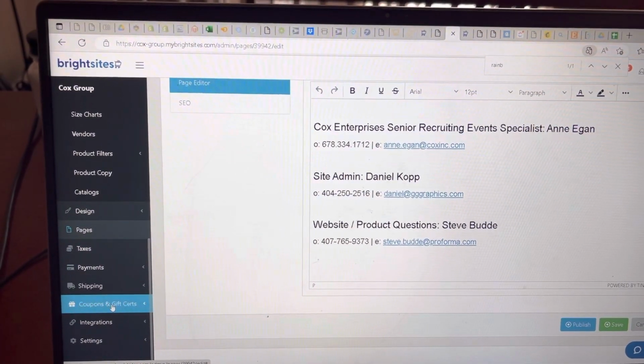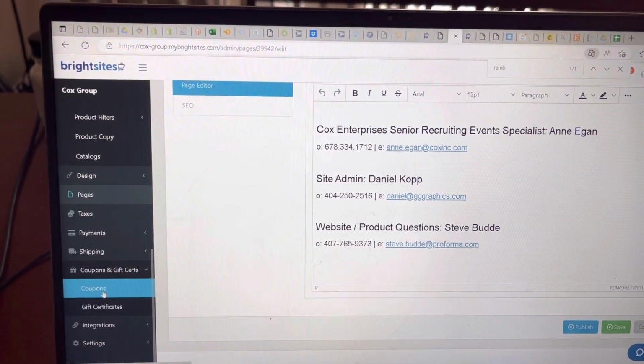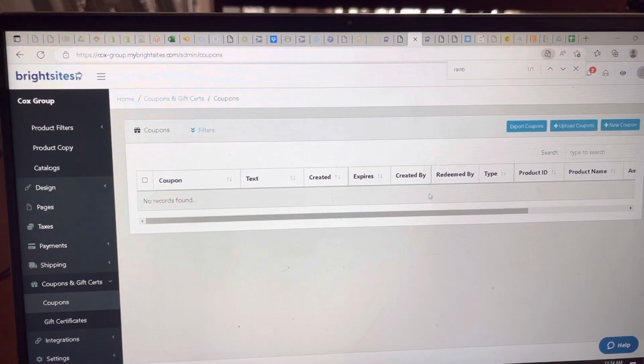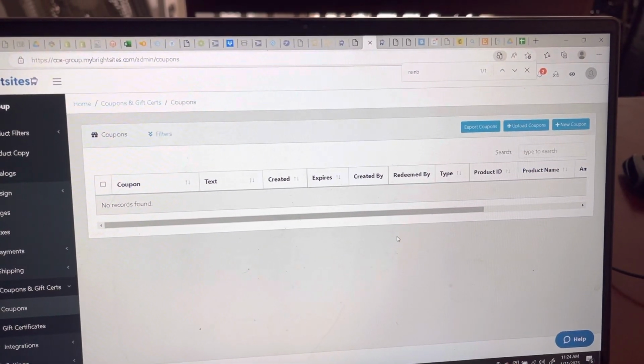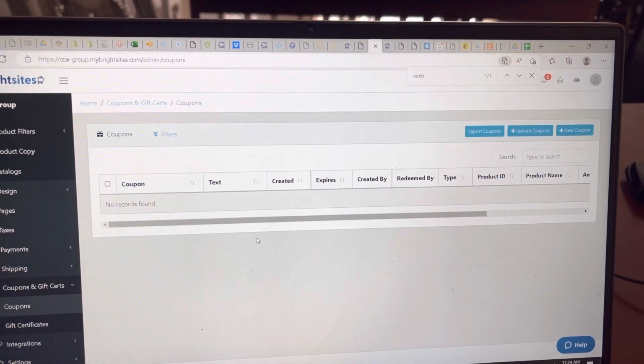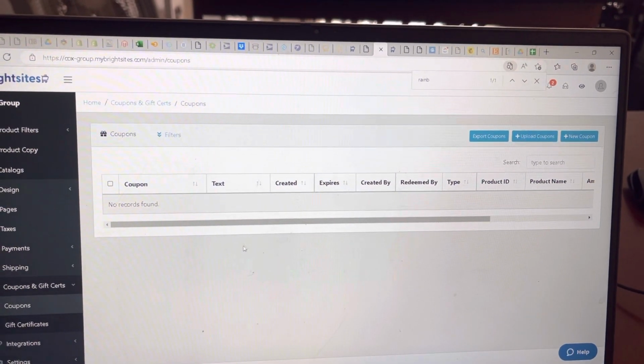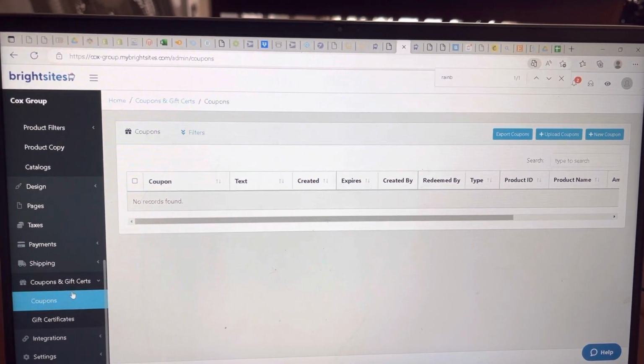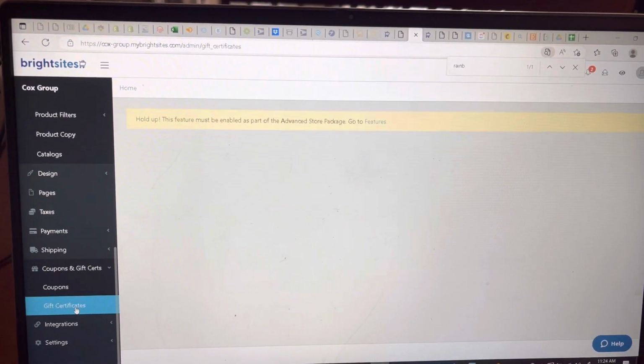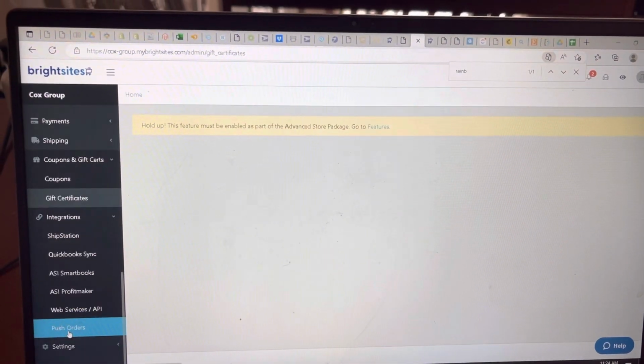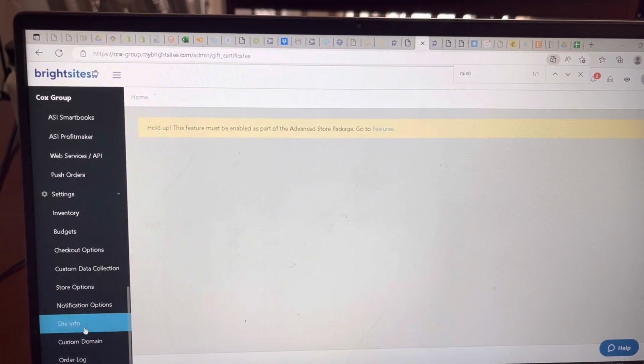Taxes, you can kind of leave that alone. Coupons, if we have a coupon, you can go in here, add a coupon, type out whatever name you want it to be, and then however you want it to behave, either taking off a percentage or a certain dollar amount. Gift certificates basically act the same way. Integration, don't really need to worry about that. Settings,